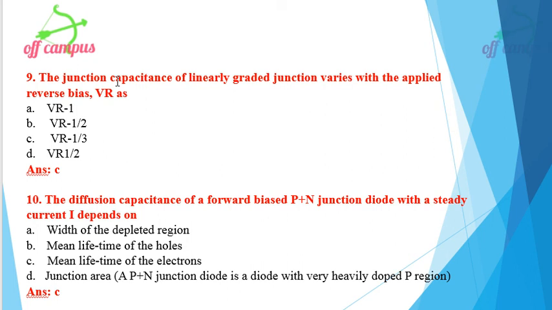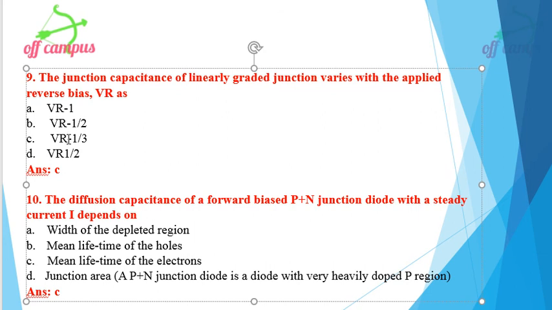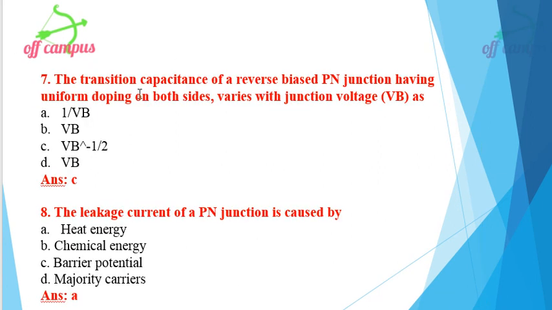So how can we relate the junction capacitance with the applied reverse bias voltage or barrier voltage? VR or VB is the same only. It is given as linearly graded or step graded. Another name for step graded is abrupt. When it is given, abrupt or step are the same. Linearly graded means it varies as VR to the power minus 1 by 3. When nothing is mentioned in the question,